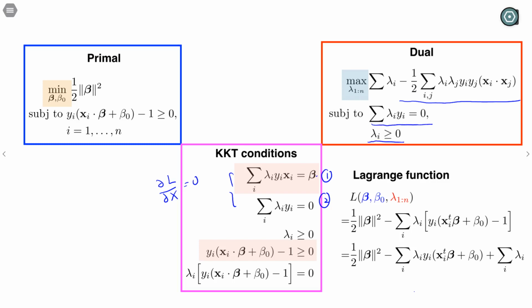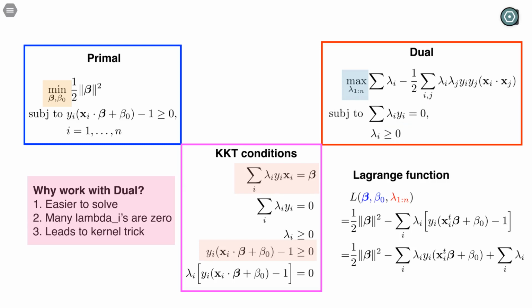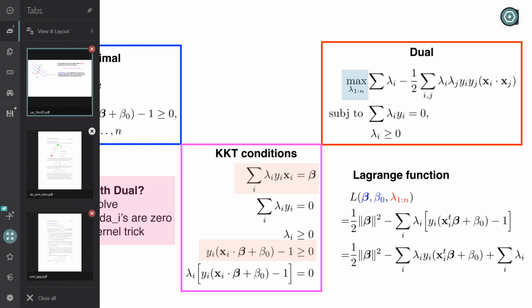So this is our dual problem. Why do we want to work with the dual problem? If you compare the primal and the dual problem, both objective functions are quadratic and convex. However, for the dual problem, the constraints are much easier to work with. As I explained in the appendix,